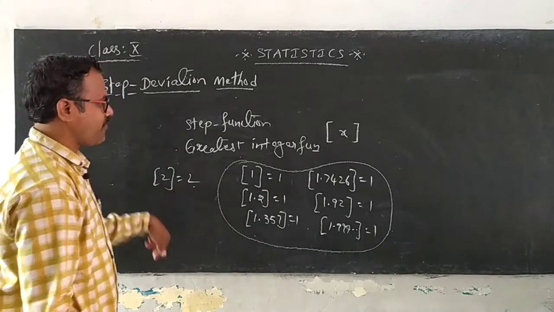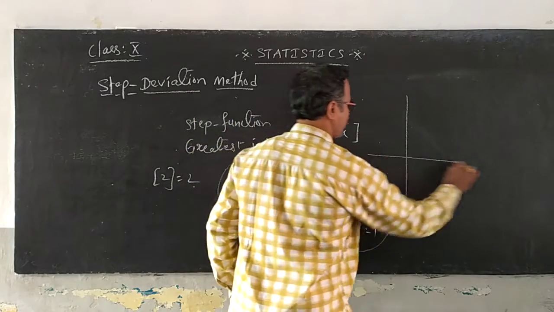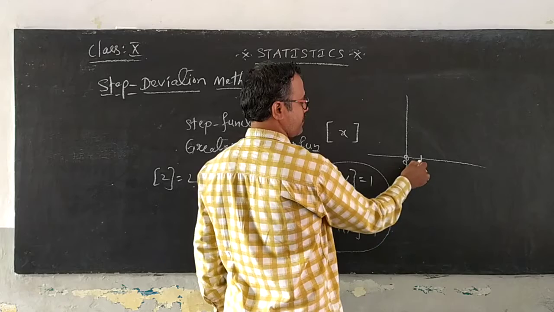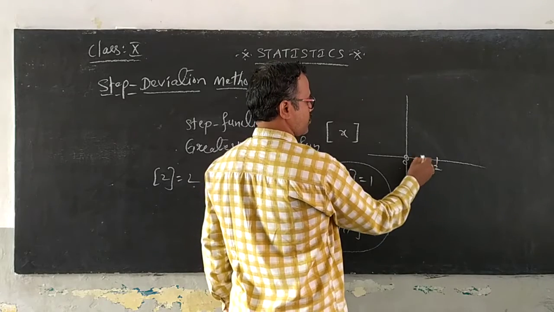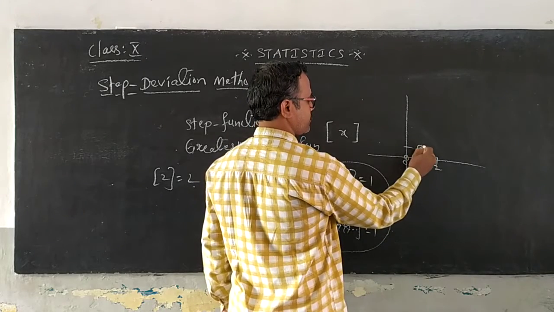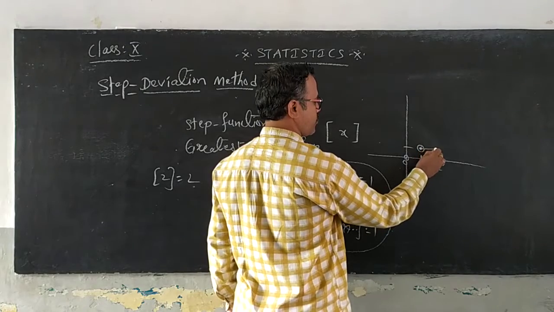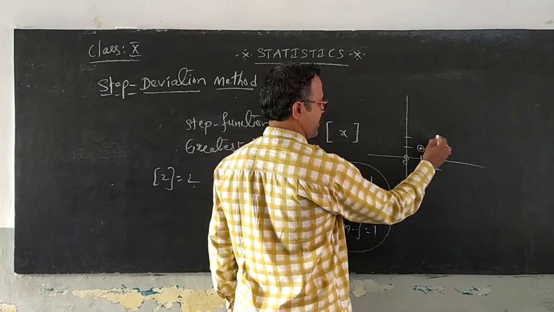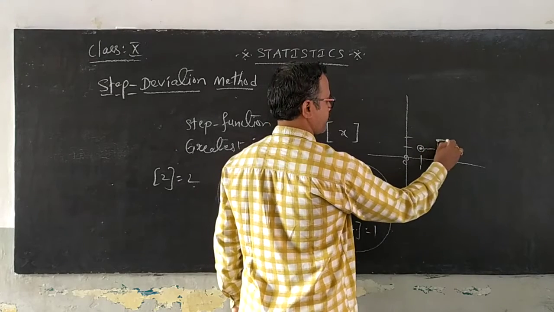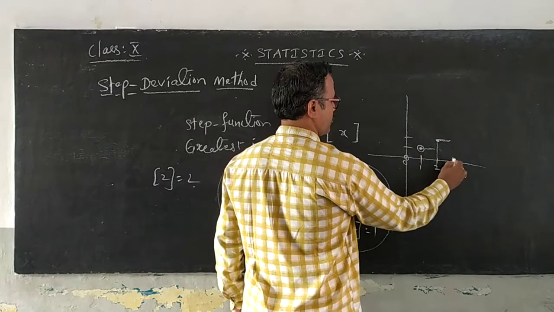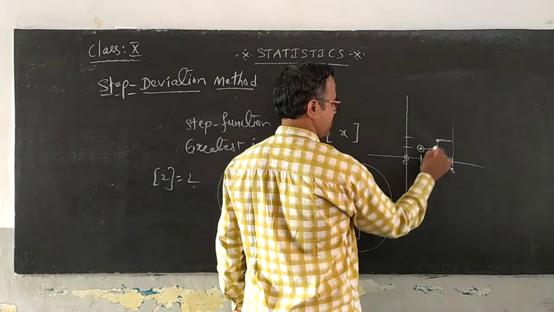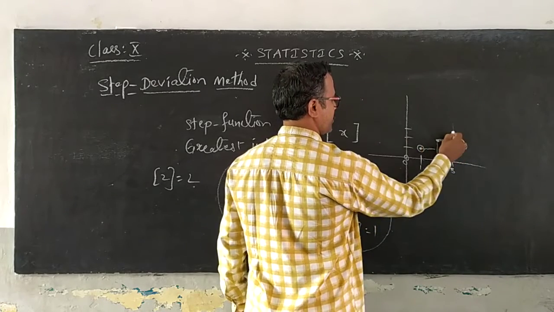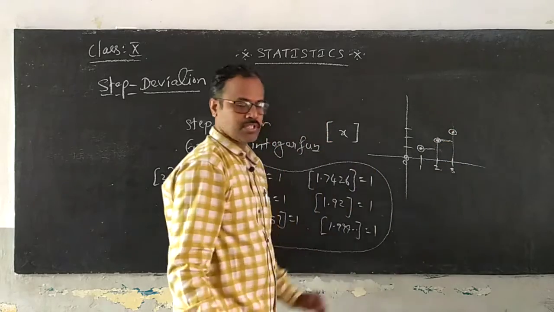If you draw the graph for this, at 0 you will have 0, from 1 to 2 you will have 1. For all values up to 2 but never reaching 2, you will have 1; at 2 you will have 2. For 3 you will have 3, but it never becomes 3 in this position. When it reaches 3, it goes into the next step. You understand? So this is called a step function.